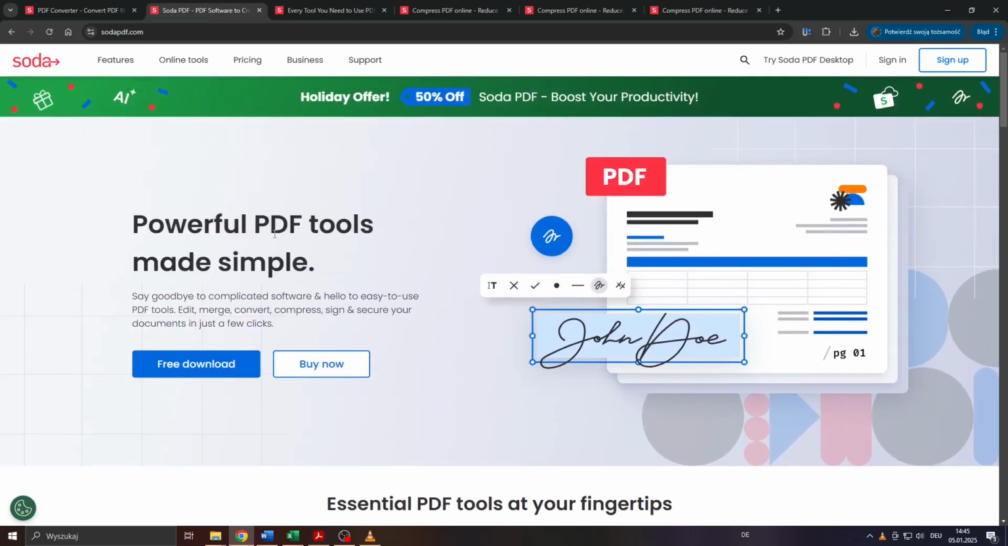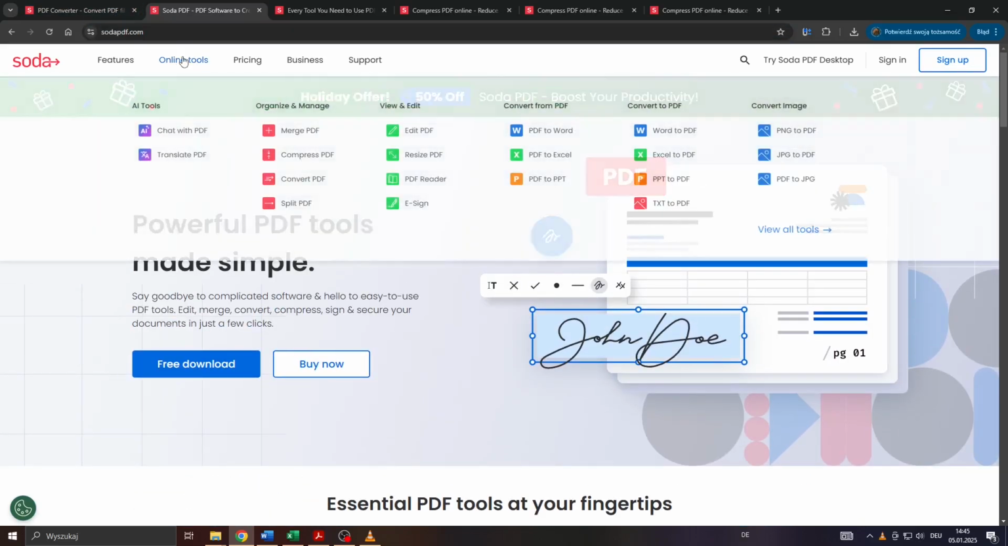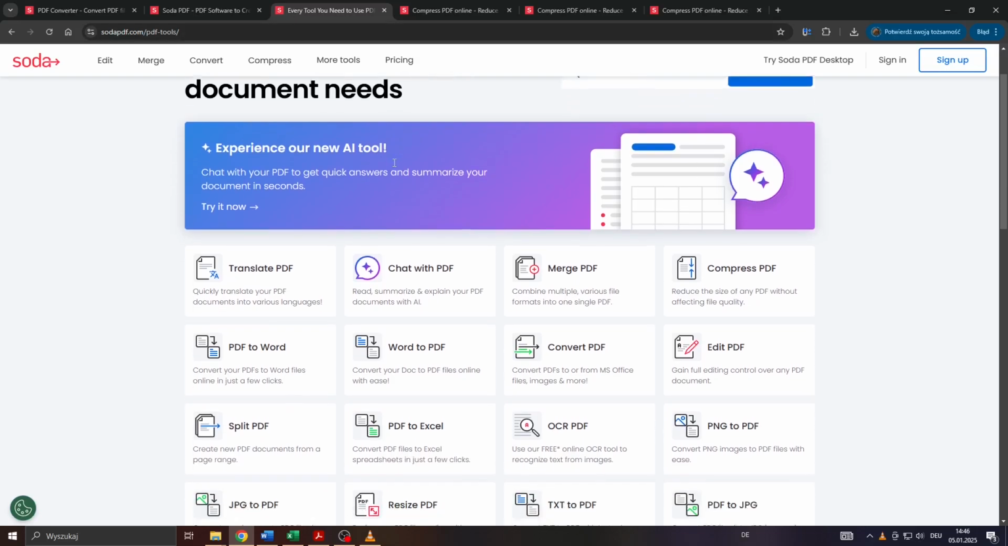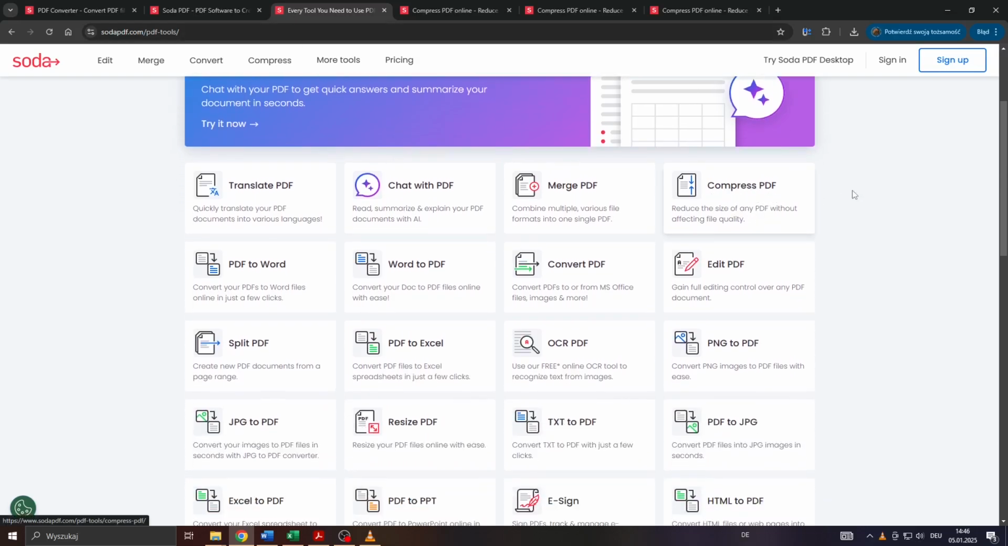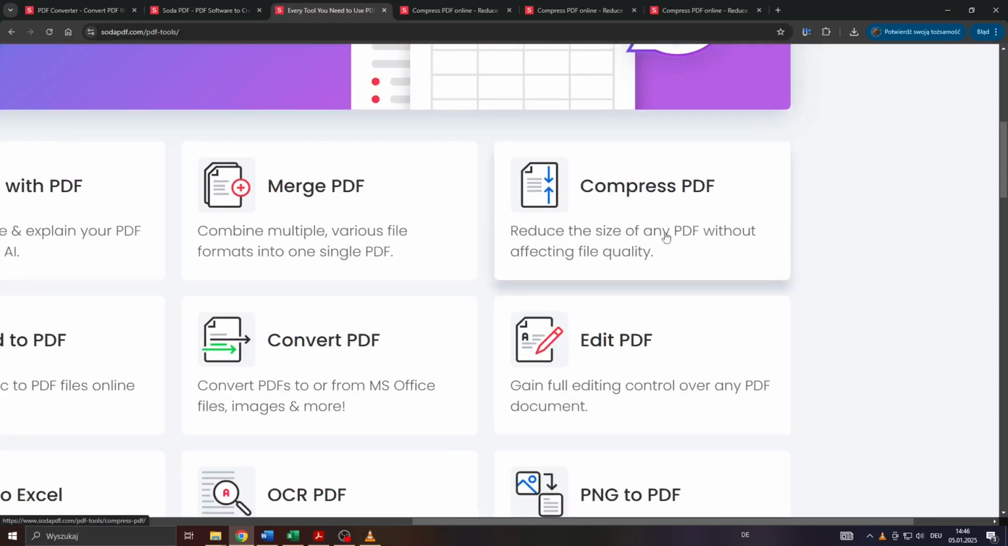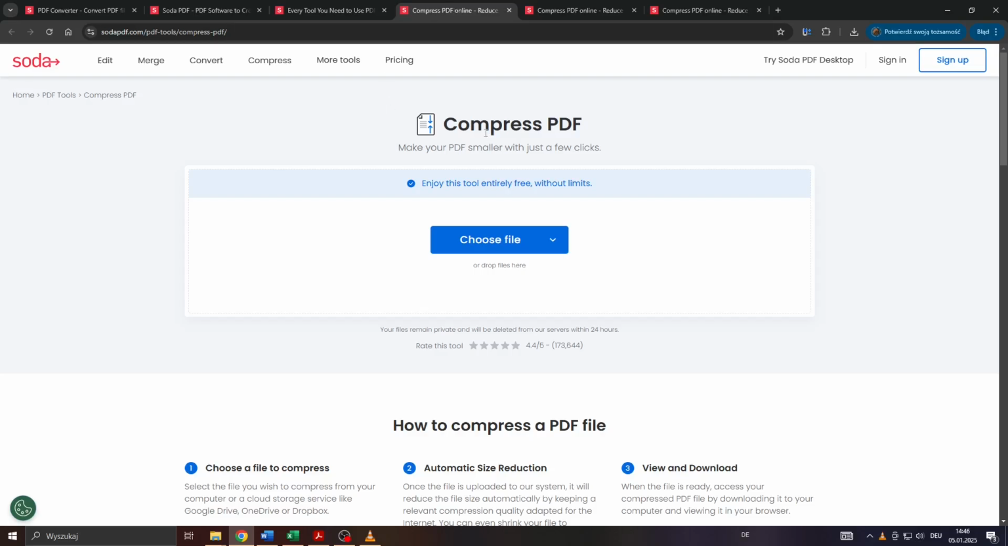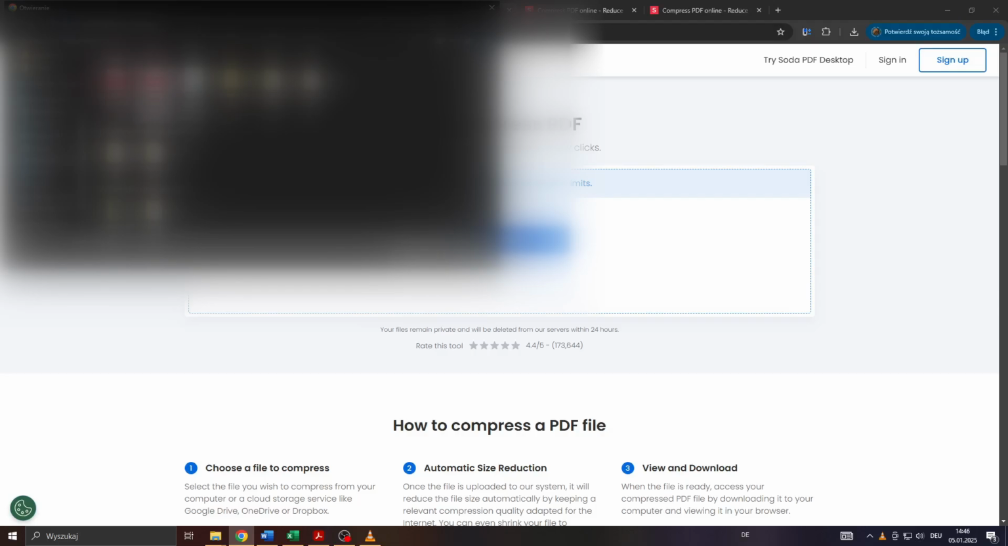So what you want to do is head over to sodapdf.com and here on their homepage click on Online Tools at the top, and from the following menu select Compress PDF. Reduce the size of any PDF without affecting file quality. There you go. So on the next page click on that button to locate your PDF file on